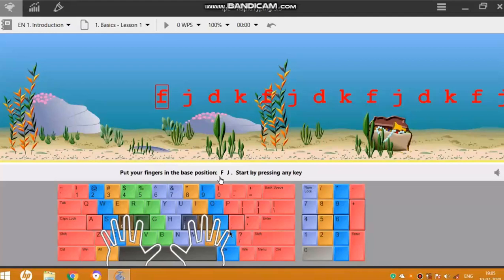So this is the keyboard, and you can see that it is very colorful, but these colors have some significance. All keys which are of the same color, you have to press with one finger. You can see that in the home row, above and below as well, there are certain keys which appear in the same color. That means you have to use the same finger for all such keys of the same color. And whenever you type, you will find that one of the fingers is